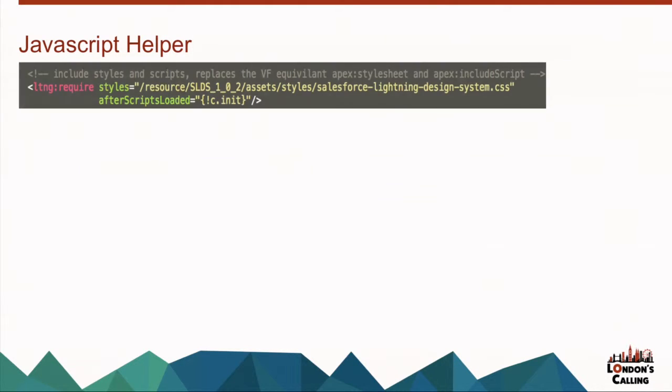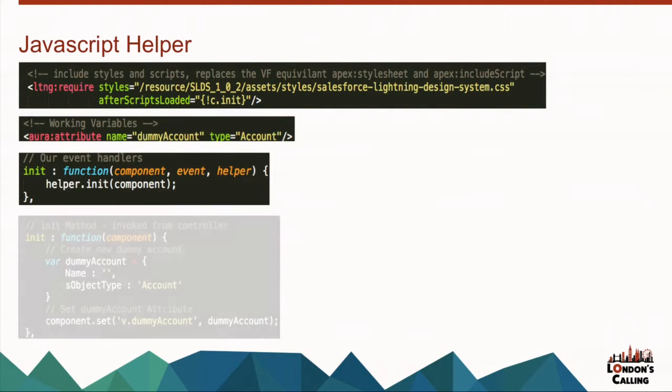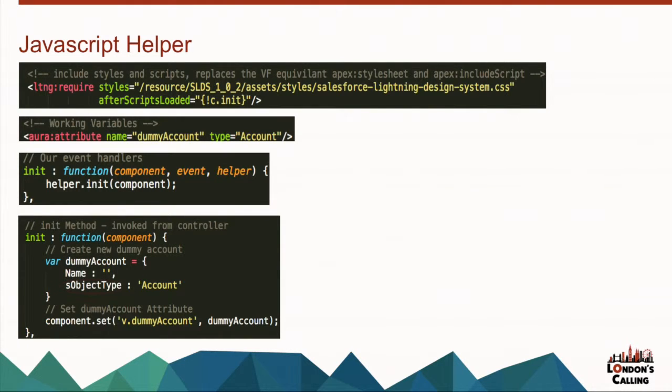So let's have a look at a bit of what the helper's doing. Obviously, throwing it together, at the top we're running our init method. We declared an account variable at the top that we want to use. We then got our controller, which we were just talking about, which passes it through, and at the bottom there, that's what we're doing in our helper. All we want to do on load is create a new account object